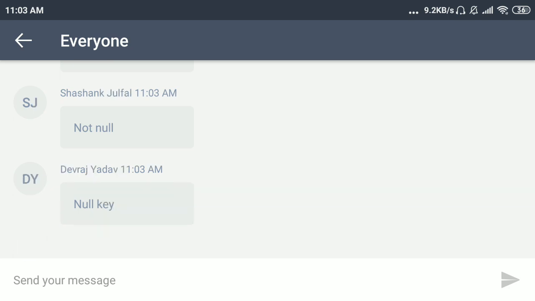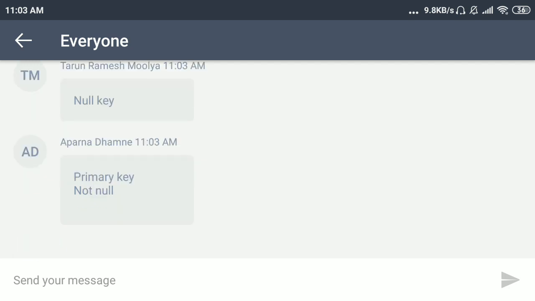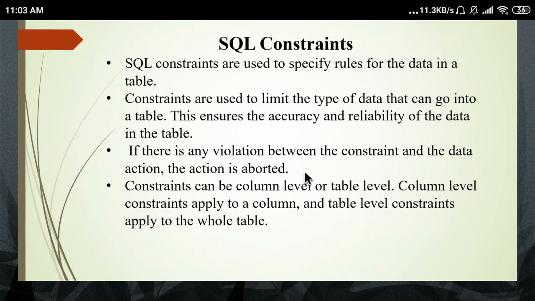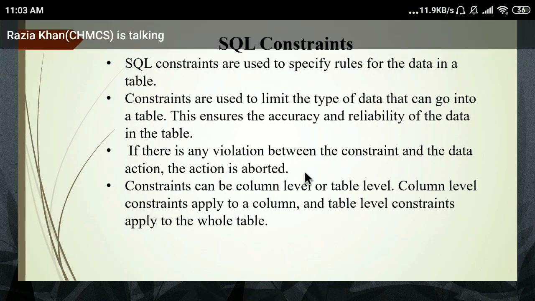Okay. So good. First is your not null, then primary, then foreign. So why do we use constraints? If you check this slide, if you want to specify or apply any rules for the data in your table. For example, if you are not using any constraint, not null constraint or primary key or foreign key, the data may be repeated or the user may enter any type of value.